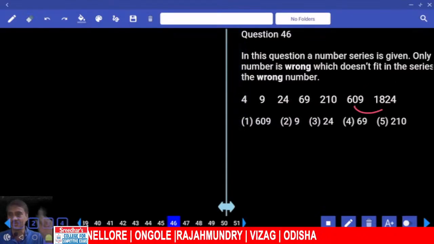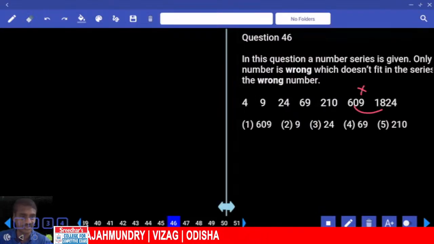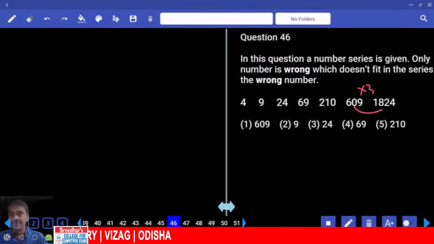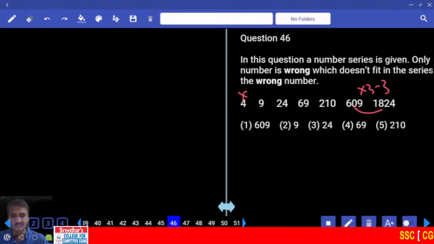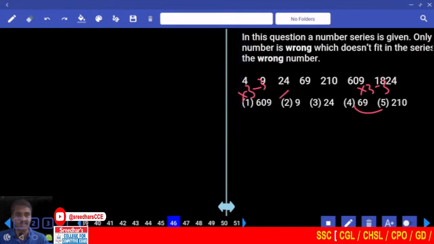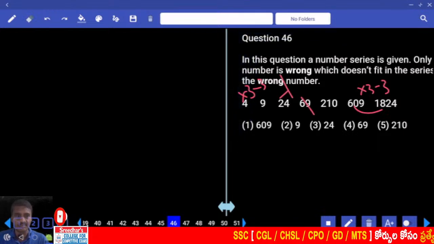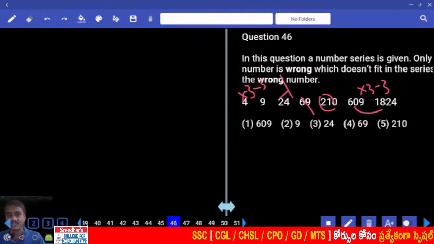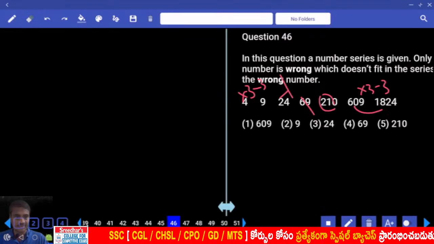Then 46. Again 601 to 1824, the number has been increased by 3 times. Then 609 into 3, 27 minus 3. Then again coming to the first number: 4 into 3 minus 3, 9 into 3 minus 3, 24 into 3 minus 3, 69 into 3 minus 3. Last digit must be 4, but here it is 0. Hence 210 is the